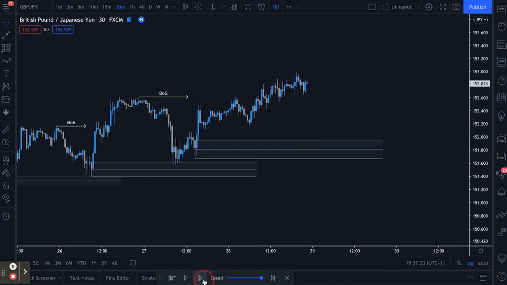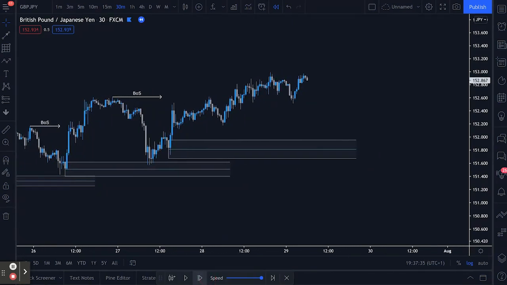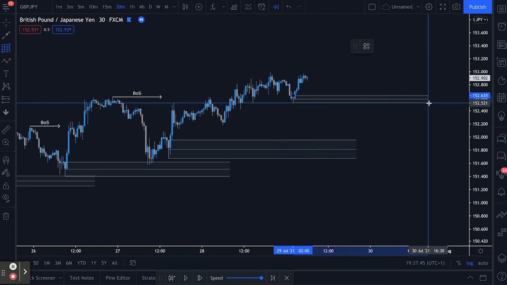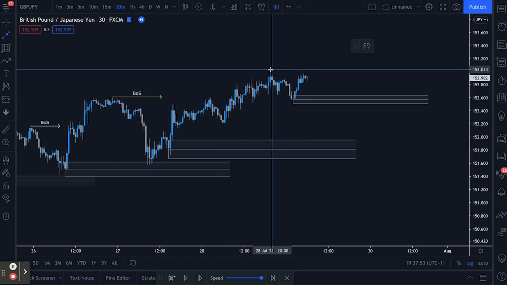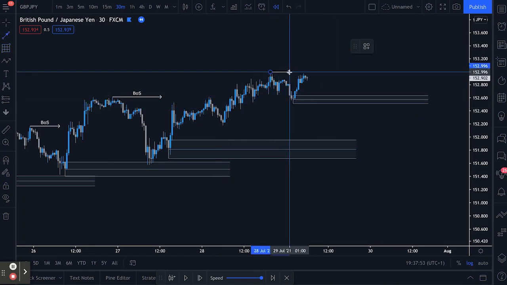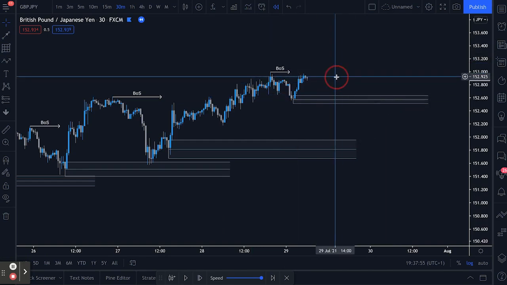But what we can do is just allow the market to play out, and see if we get any other clear structure points. I can see here, after we've come down and formed this low and pushed up, we now have a bit of liquidity leading into this demand zone, which has cleared itself as a pretty clear structure low now. So if we could go and break this structure, I'd be interested in then buying from this demand zone